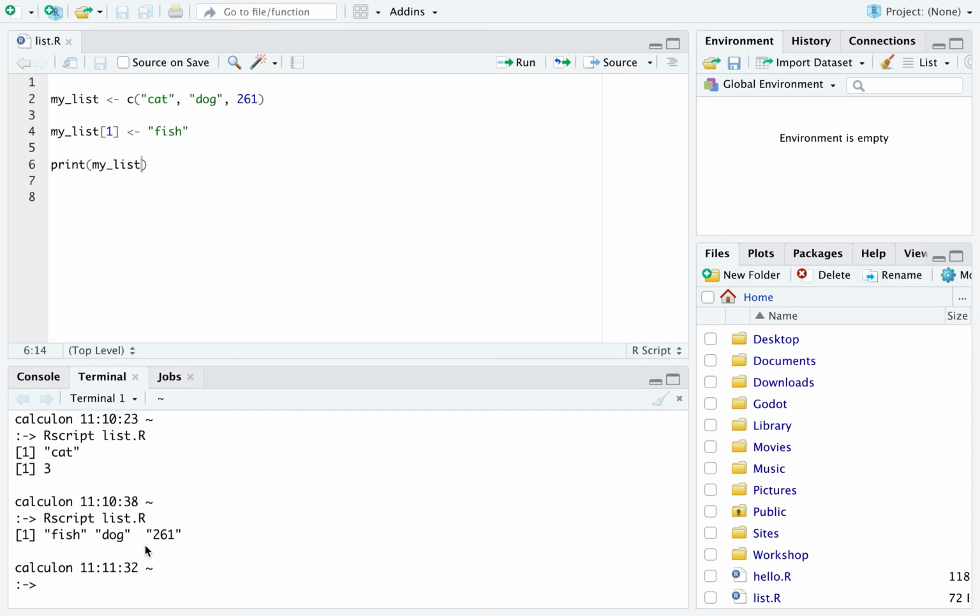Note that you can update any item in this list, including items that don't exist. If I say my list 8 equals fish, this will set the 8th item to fish. The first, second and third items were already there, but because there was nothing in items 4, 5, 6 and 7, R has automatically added those items and set them to the value of NA because there was nothing there. If we look at the length of this list,